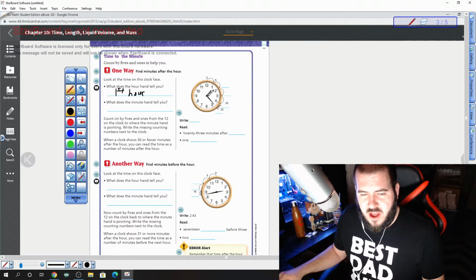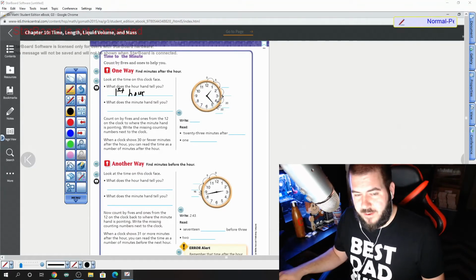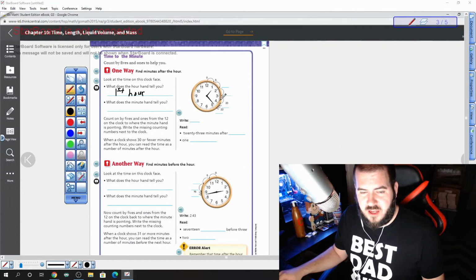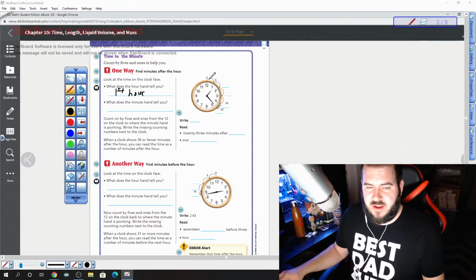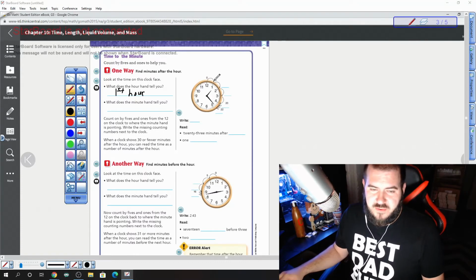Now, notice our minute hand is in between the 5 and the 4. So we're going to have to get down to the 4, and then count those little tick marks by 1s. Because we can't jump from the 4 to the 5 because it's not at the 5 yet. So let's count by 5s first till we get to the 4, and then we want to count the tick marks. Okay, so 5, 10,